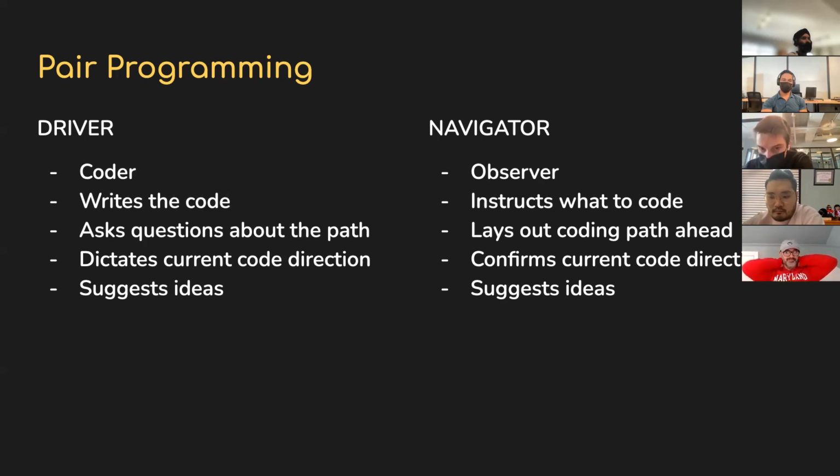All right, so that's, again, back and forth between the driver and navigator. Both navigator and driver can suggest ideas. So again, this is collaborative. It's not that the driver just sits there like a code monkey and just kind of codes along. Always get to have a discussion like, hey, okay, we need to figure out how to implement this 99